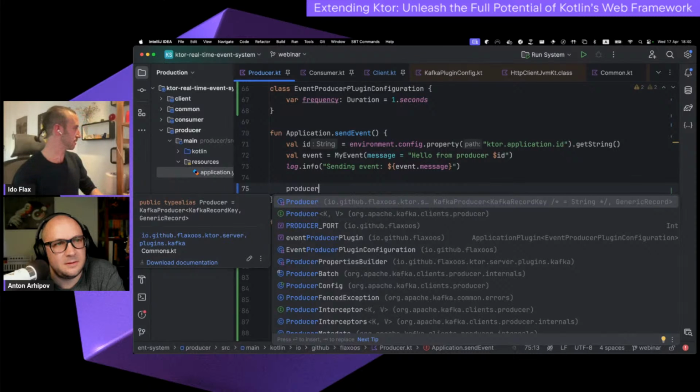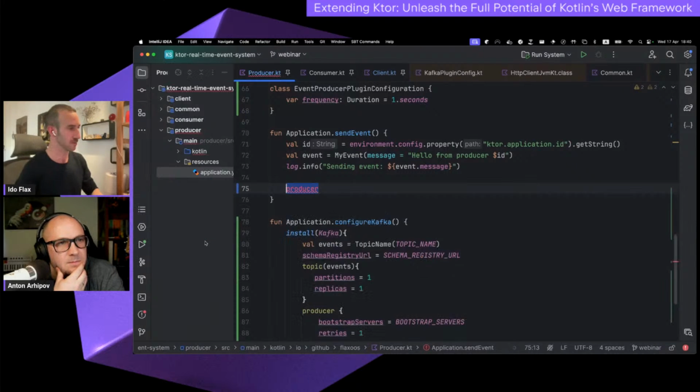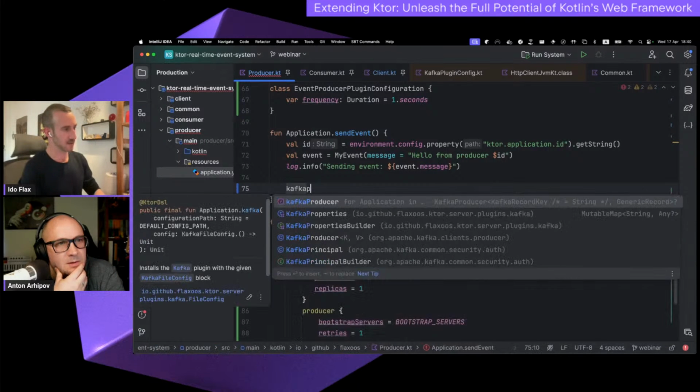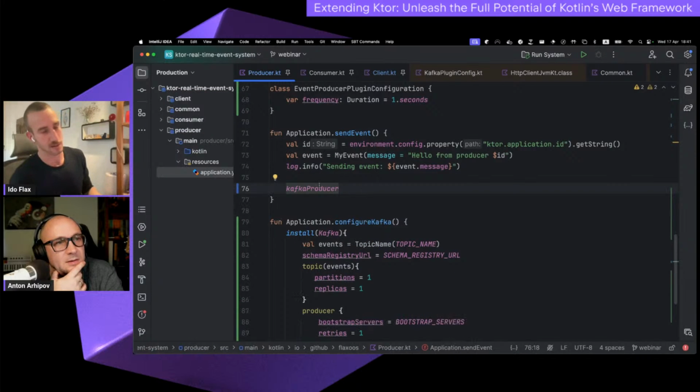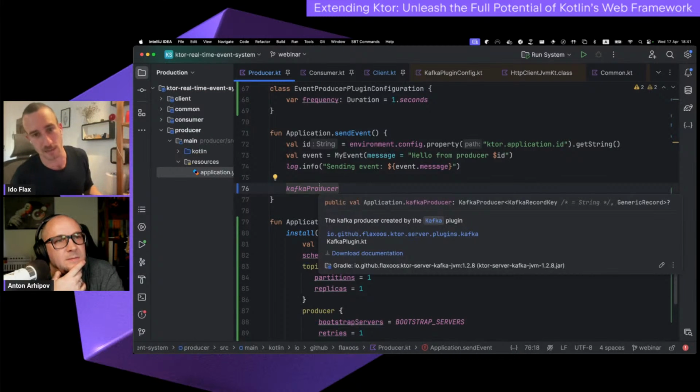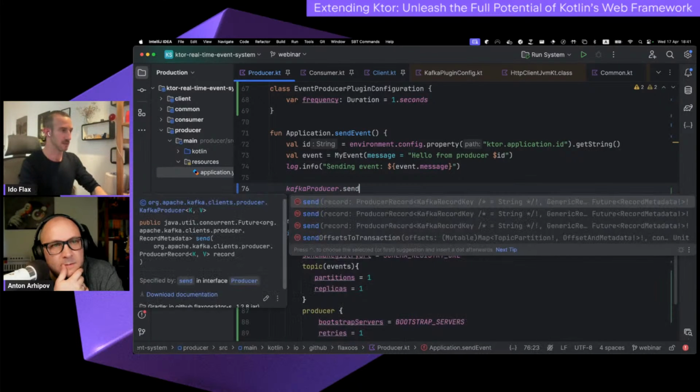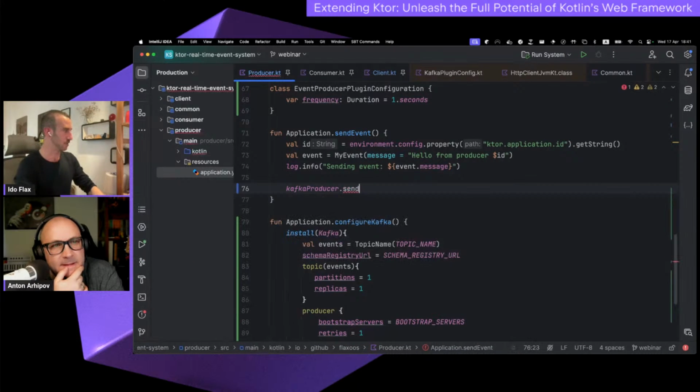We have access to the producer by going Kafka producer. Basically, when you install the plugin and it's available in the class path, you have this Kafka producer value added to the application. So we go Kafka producer, send,